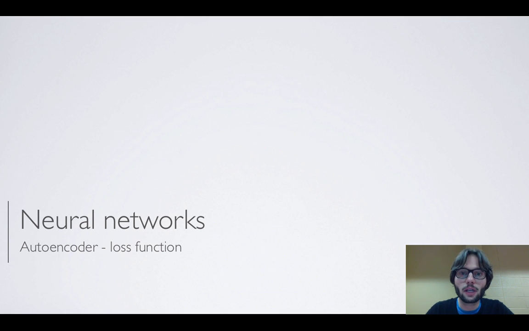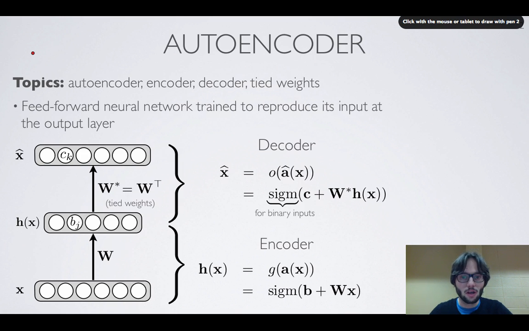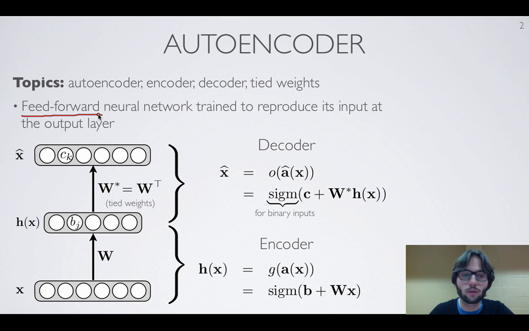In this video, we'll look at loss functions that we can use for training autoencoders. So we mentioned in the previous video that an autoencoder is really just a feed-forward neural network where at the output, instead of predicting, say, a class label, we'll be predicting or reconstructing the original input x. So we'll call the reconstruction x hat,